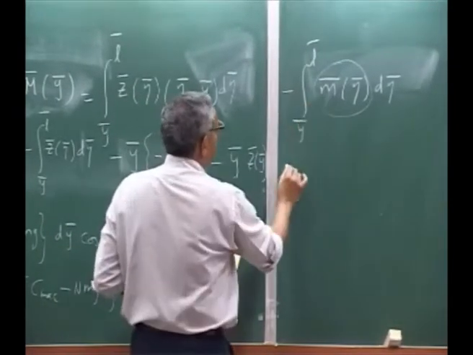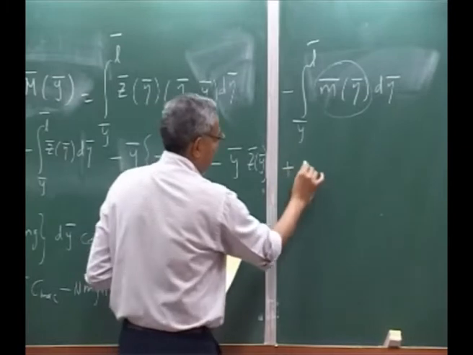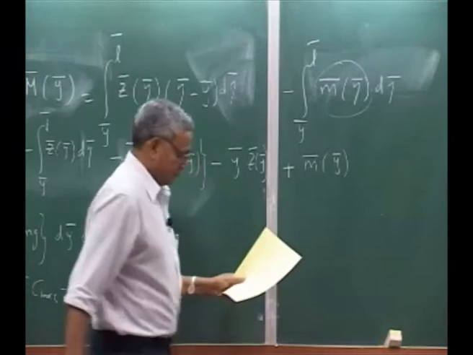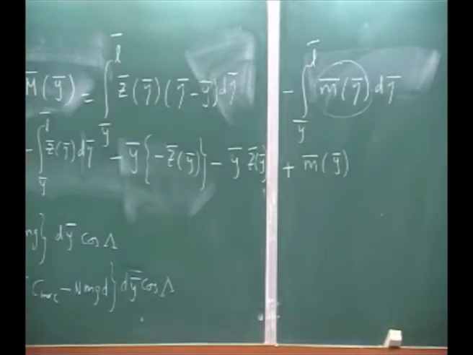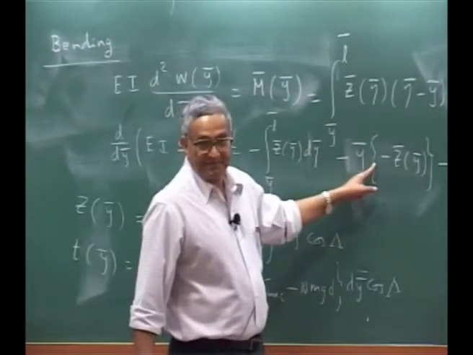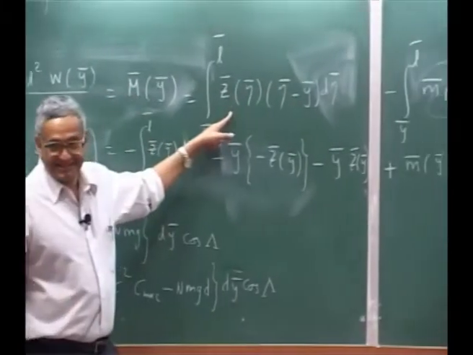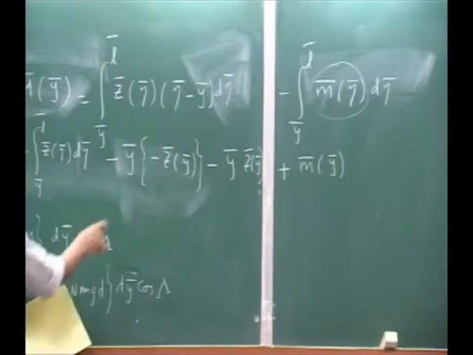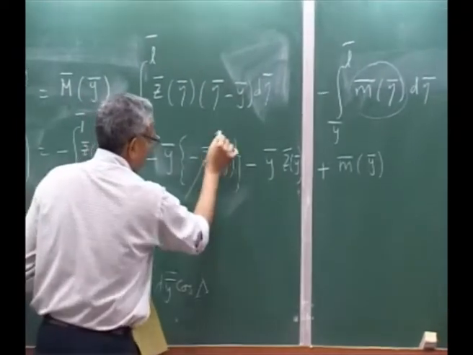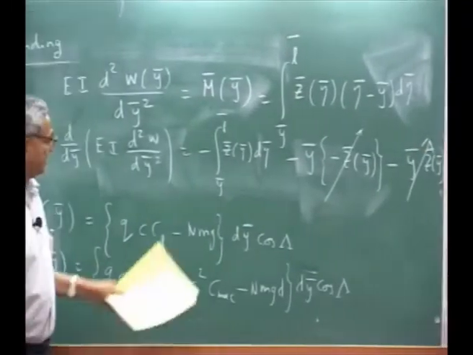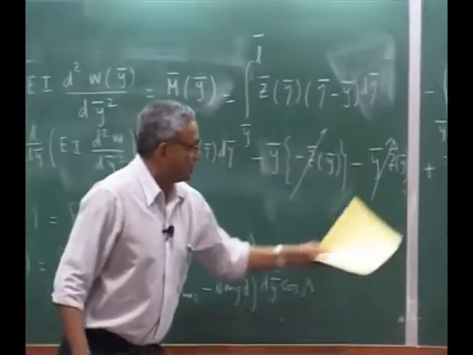Then of course this will be plus m bar y bar. Okay, please understand, this is how these two terms correspond to the first integral. This term is just this term. Now you will find these two will cancel out, they will cancel, leaving behind only this term and that term. Take one more